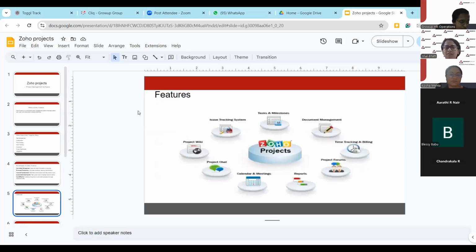The features of Zoho Projects are issue tracking, tasks and milestones, and document management can also be done. Then time tracking, project forums, reports. You'll get a proper pie chart or bar chart, whatever you have selected, on your own screen and understand what the progress of the project is. There is calendar and meeting management also. Project chat is there. Project wiki is also there. You can get the information on the concepts or whatever jargon is used in